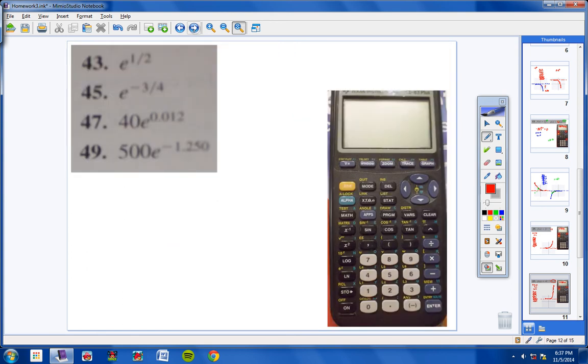Okay, moving on to these here. Here we go, students. E to the 1/2. Now, here's what you want to type in first. Your E is right here, right above your ln or your natural log button. But it's the yellow one here. So you want to hit second or shift, as some students call it. And then this button here. And when you do that, what's going to pop up is this. E